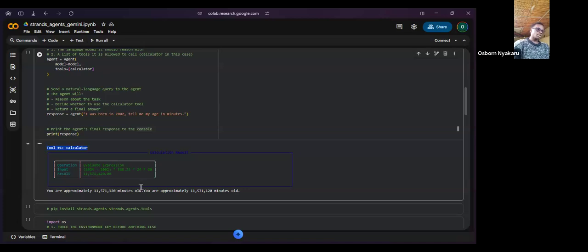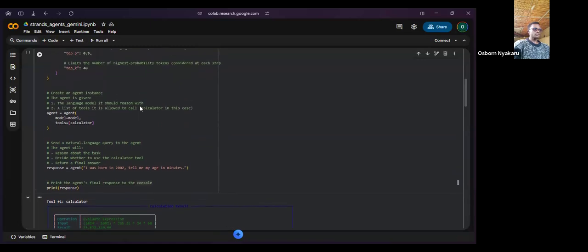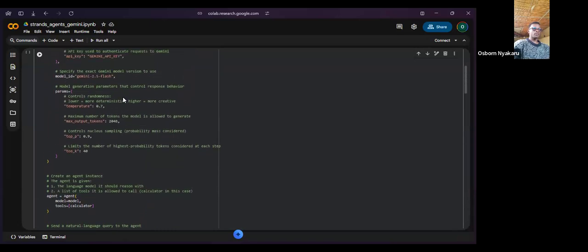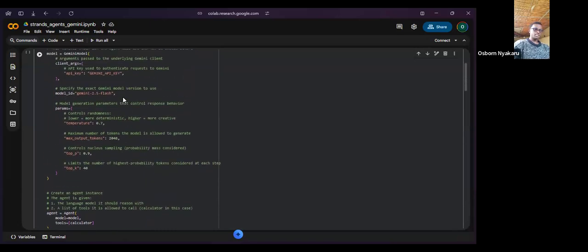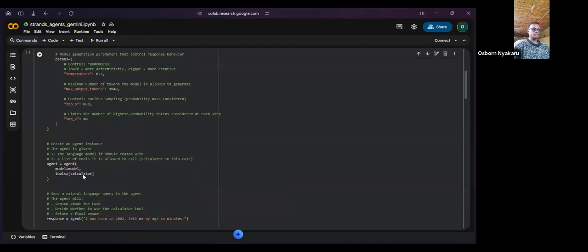So apparently, if I was born in 2002, I'm 11,571,120 minutes old. That's the response it provides for a very simple agent. As I was describing, there are two different things being done here. We have the large language model, which is Gemini, and the tool for this particular one is a calculator.